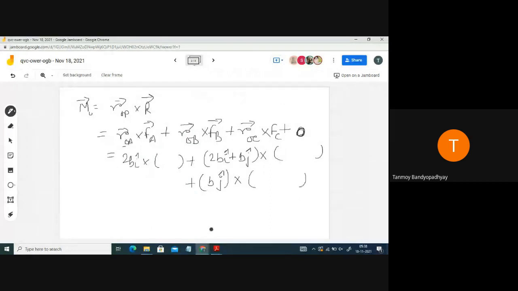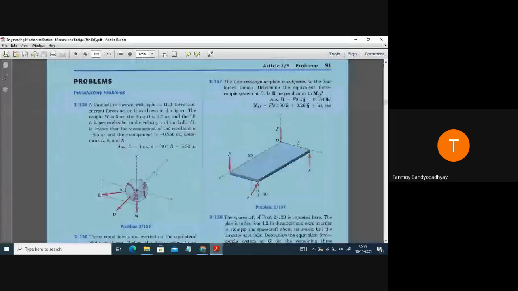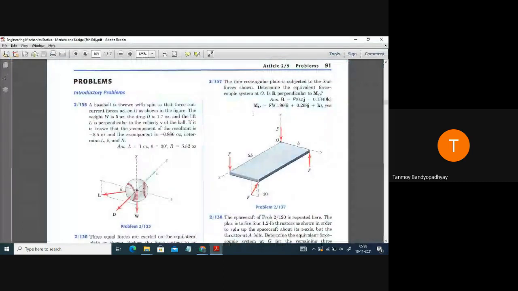Then you have to do all these three cross products. You will be getting some answer. Okay? Once you get all those answers, M0 is also given. So it's given in this one, so I don't need to find where I have done it. So you are getting the value of R, and you are getting the value of M0. These two, when you are getting, you just find this one.